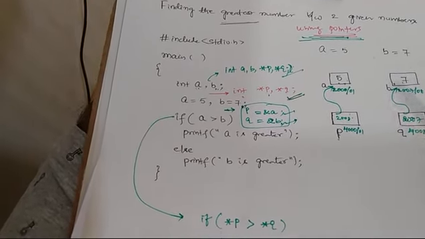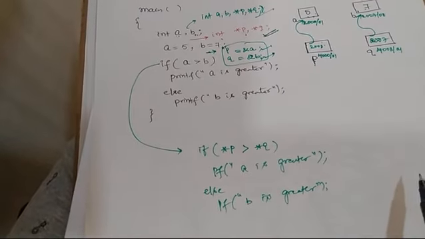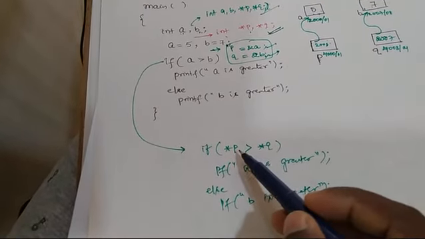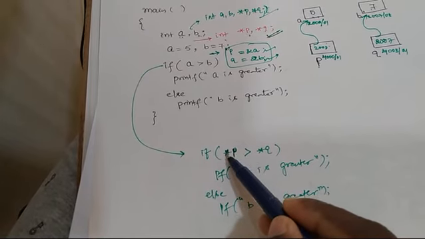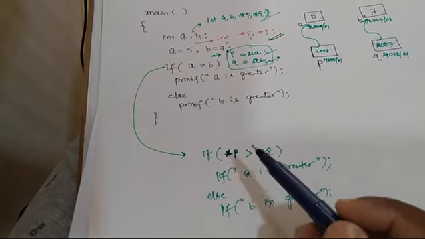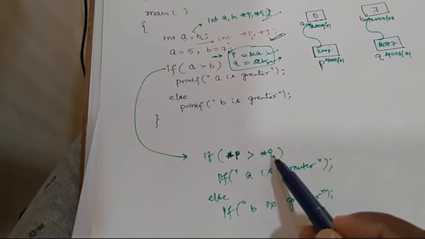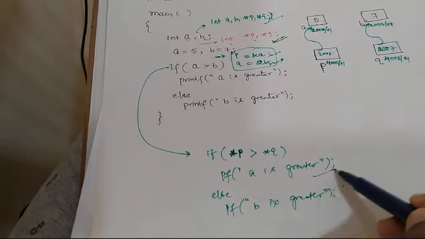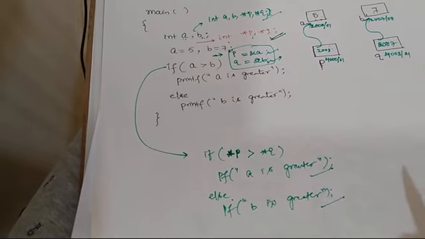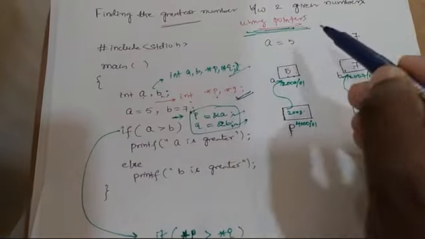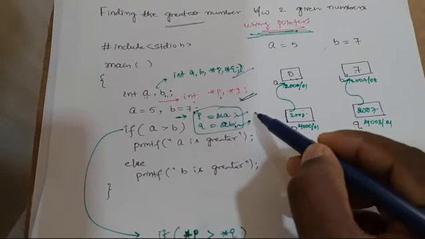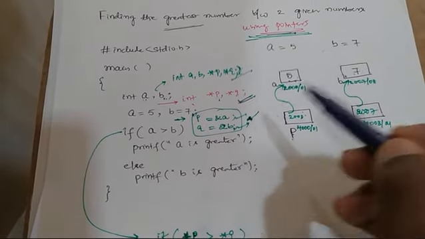Okay. After this, we have to compare the values. How to get the value? Meaning, I have to go to p and jump into that. Jumping is nothing but star. So star p is compared with star q. If this is the case, A is greater, else b is greater. So this is how we have to solve problems using pointers. The simple fundamentals we have to focus on are how to declare and how to assign.